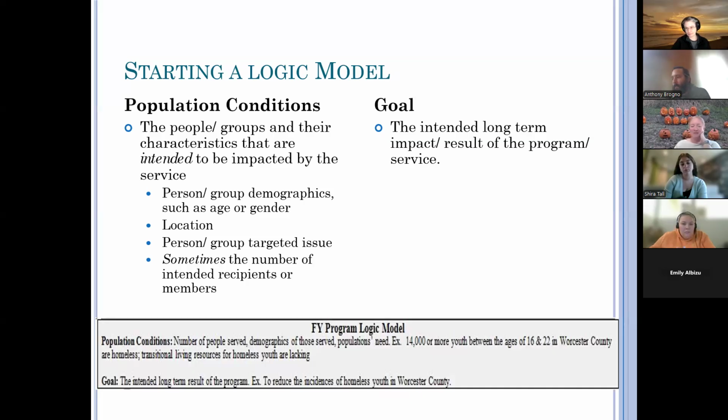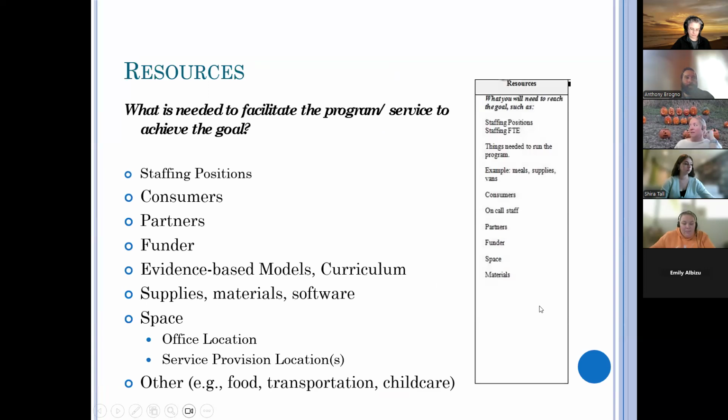Let's be realistic. We will never, I don't want to say cure homelessness. I don't know what word I'm looking for, but it's just not going to happen. There will be homeless people probably forever, and because some people choose to be that way, it's not going to go away. Be realistic about the goal of your program overall.